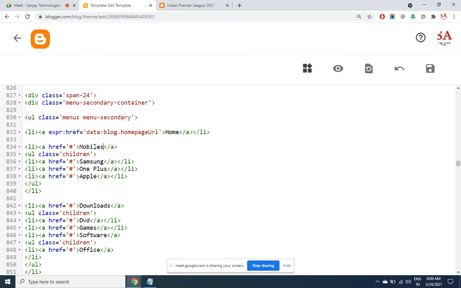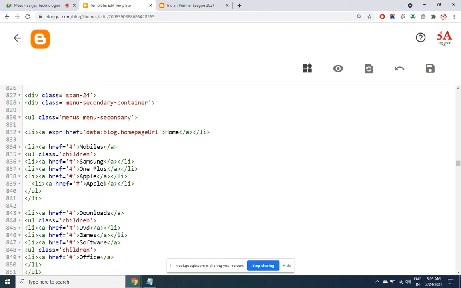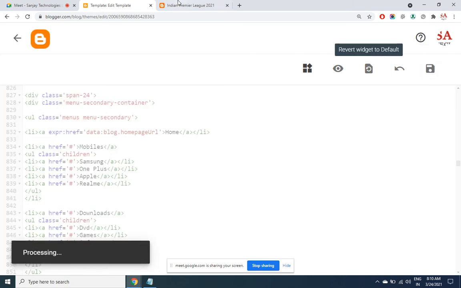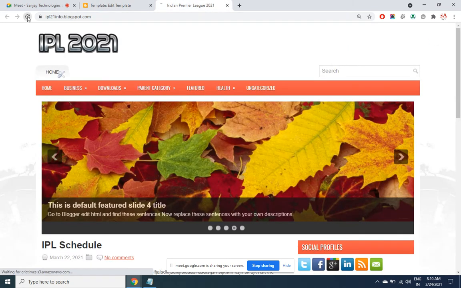So this is the way that I want the menu to be, and maybe I want one more item. Say Realme. So just by looking at the structure you will get to know what has to be copy pasted to add more items. So I click on save and refresh my site to see if the changes are applied.